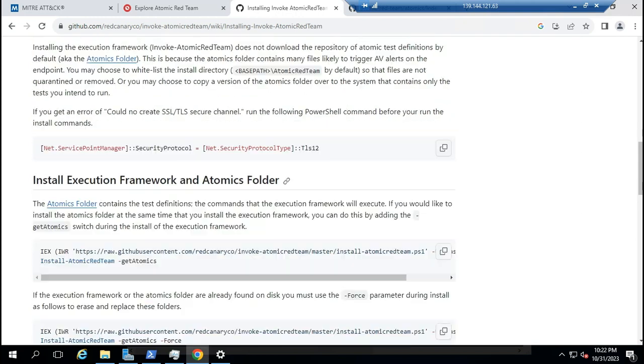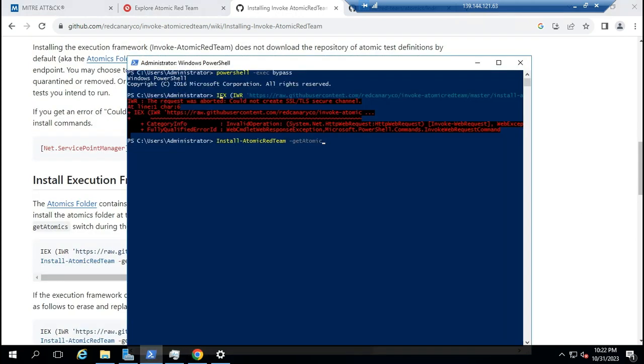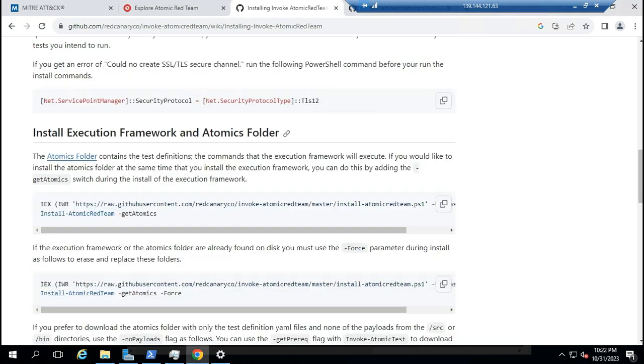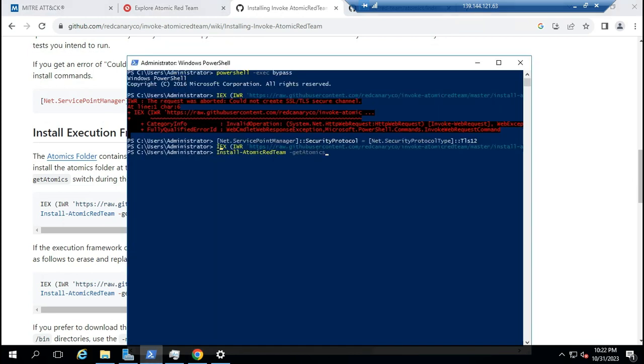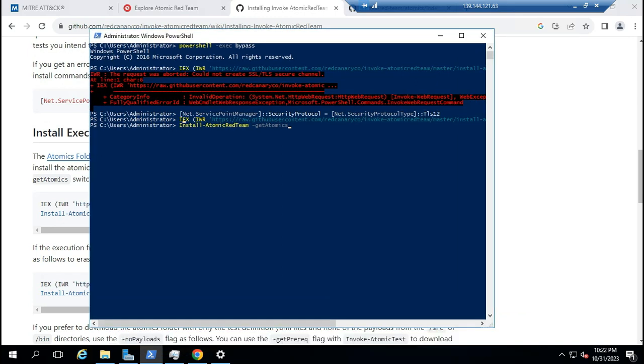Oh, just copy this. Enter. Okay, it's done. And then download it, just copy the command from here. Okay, it's done. And then install Atomic Red Team, get atomics.